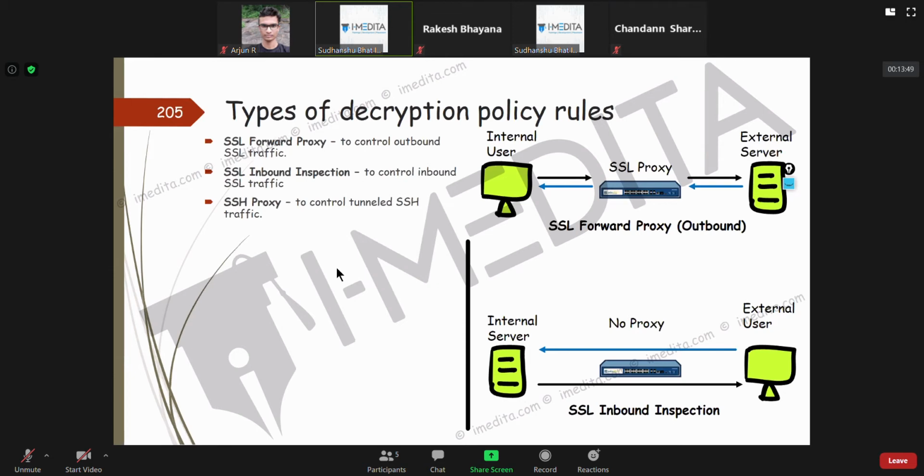Now, then we have SSH proxy. Simple. When you do SSH, you can do a lot of stuff using SSH.